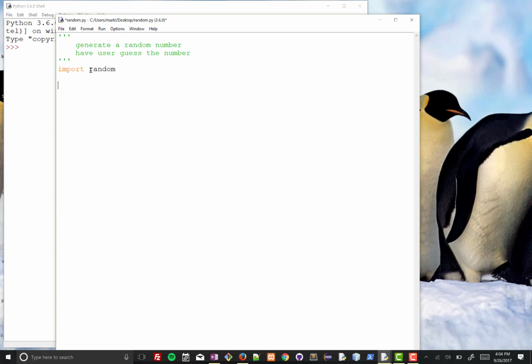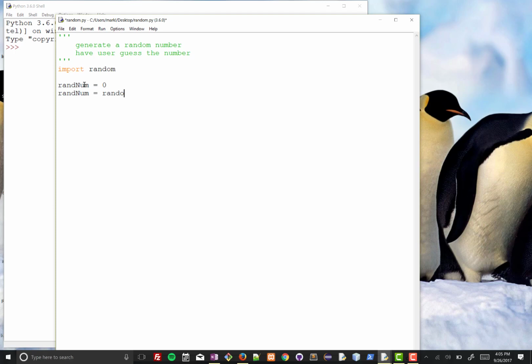And so now that I've told Python where to find random, I can use random to generate some random numbers. Let me show you what I mean by that. By the way, import statements always go at the very beginning. So now that I have access to random, I want to generate a random number, so I'm going to need to create a variable. I'm going to call it random, and it's going to be an integer, so I'm going to declare my integer there. And then we're going to use random, and then equal to, and here's how we access that